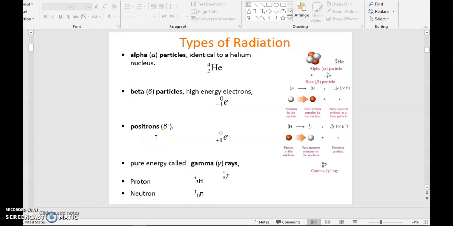What we need to know here is the symbol for each radiation and the number of electrons and protons. Alpha radiation is the same as a helium atom with 2 electrons, 2 protons, and